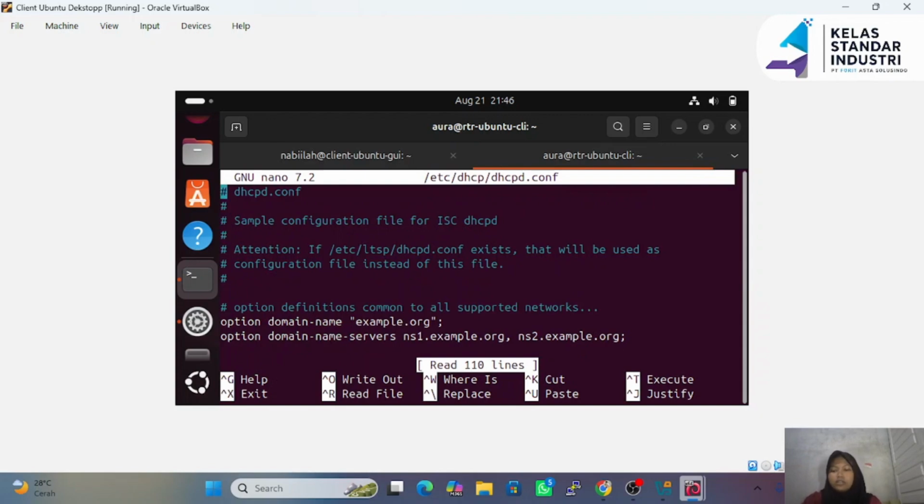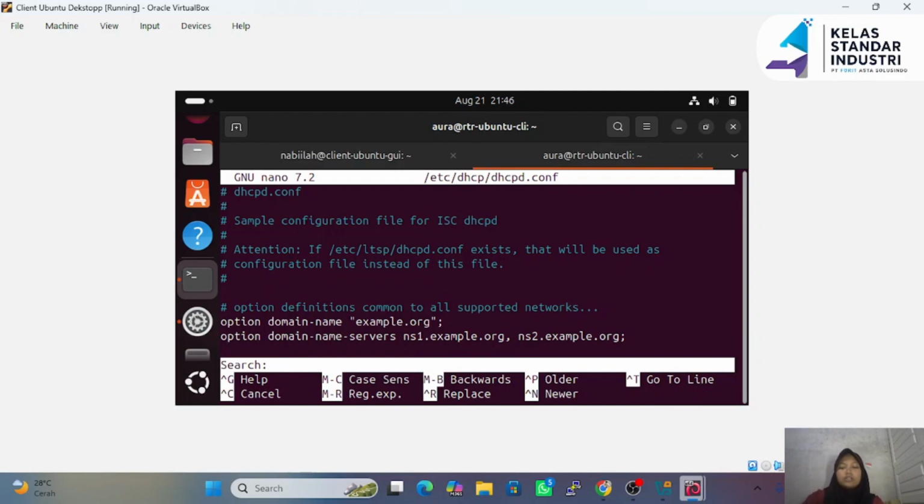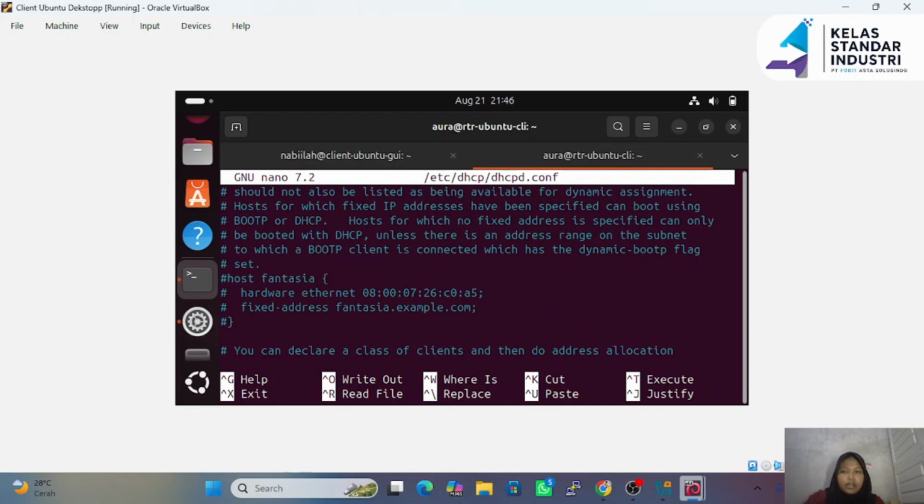And we can press Ctrl W, and you can search for the word host fantasia and press enter. Right here, once found, you have to remove the hash so the configuration will be active. We also need to remove the lines below. After that, we can define the setting. Here we need to enter the MAC address of the Ubuntu client and specify the fixed address, which is the IP address that we want the client to receive.